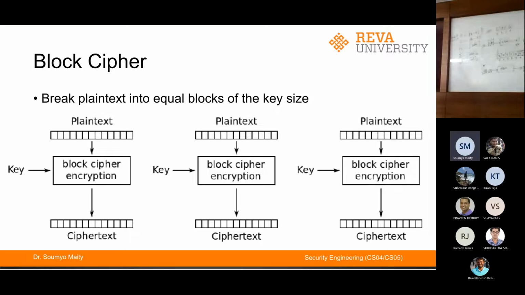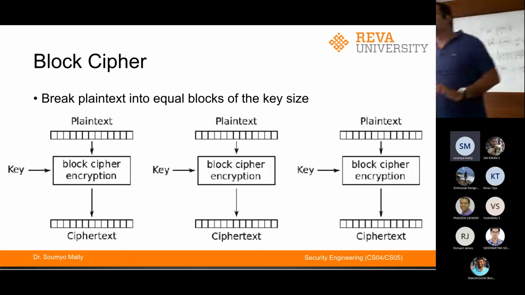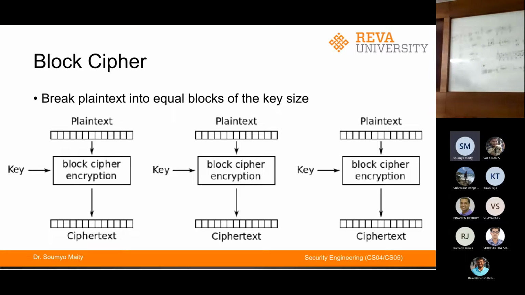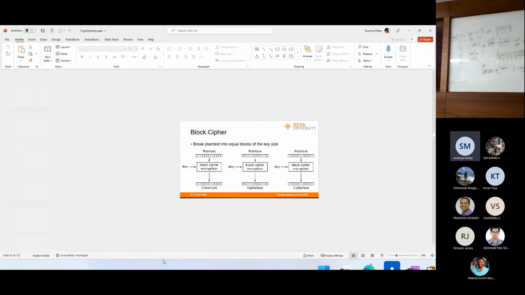So these are the block cipher. What we learned so far, this is nothing but the block cipher. Plain text, there is a key, it creates cipher. Plain text, key, cipher text. So the plain text is repeating. I have split the plain text, use the same key and create the cipher text. Let us go to